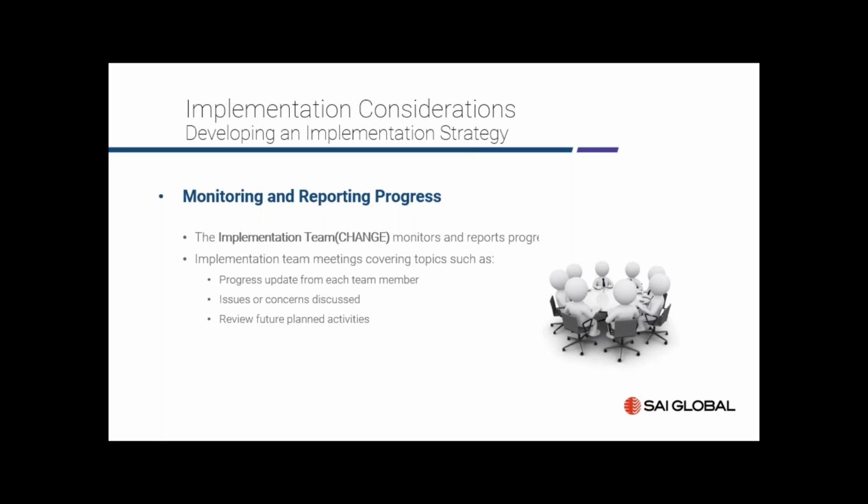The size and makeup of the implementation team is dependent upon the size and complexity of the business. It may only include the business owners in a partnership or a small or sole trader structure. In larger organisations, the team could include senior leadership, quality managers, subject matter experts and operators. However, regardless of the size and number of participants, the team should meet regularly and track progress, discuss issues and new activities.